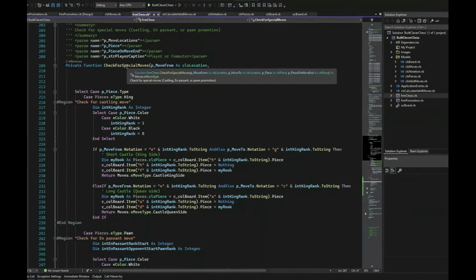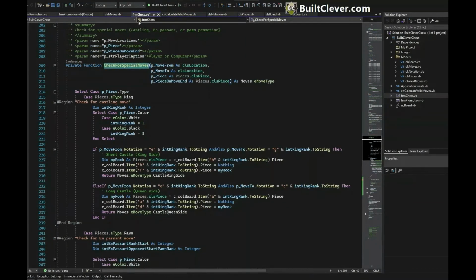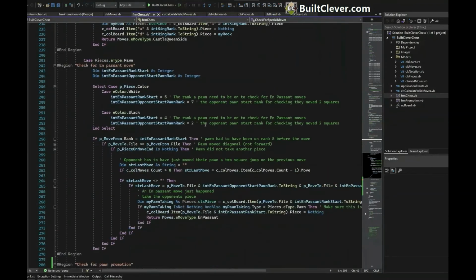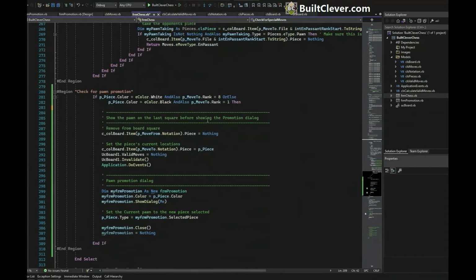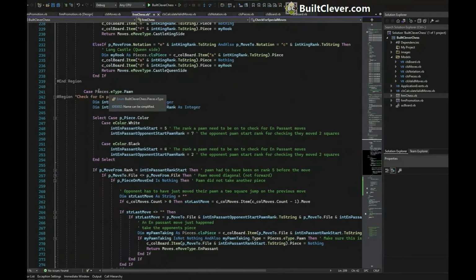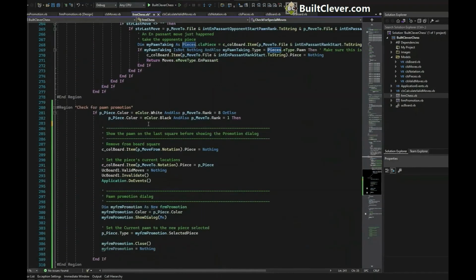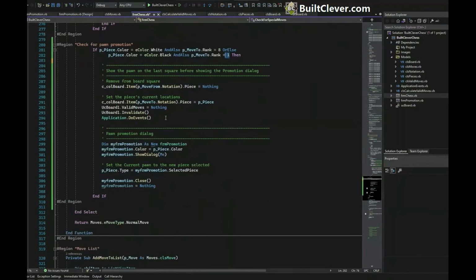The last thing we need to add to the check for special moves in the main form is when you get a pawn to the end and want to promote it. So in the case for pawn here, I'll just check if the color's white and it's got to rank 8, or if the color's black and it's got to rank 1, then we'll set the piece to nothing and move the pawn to the end row and do an invalidate. So you'll see that happen. Show the new form promotion dialog,